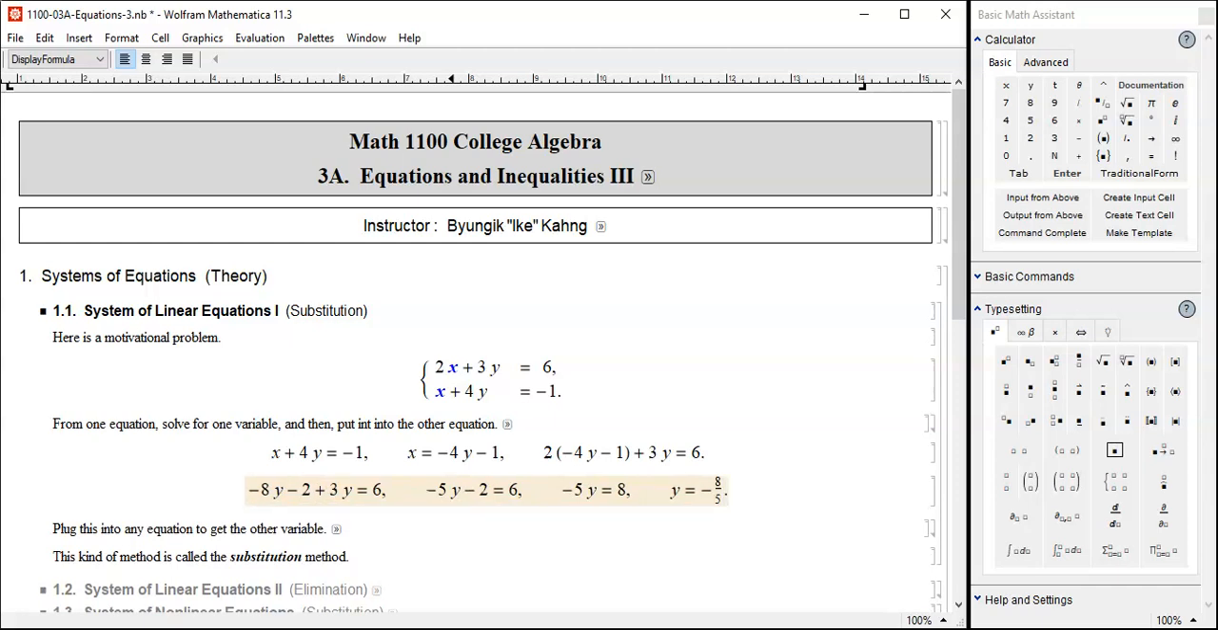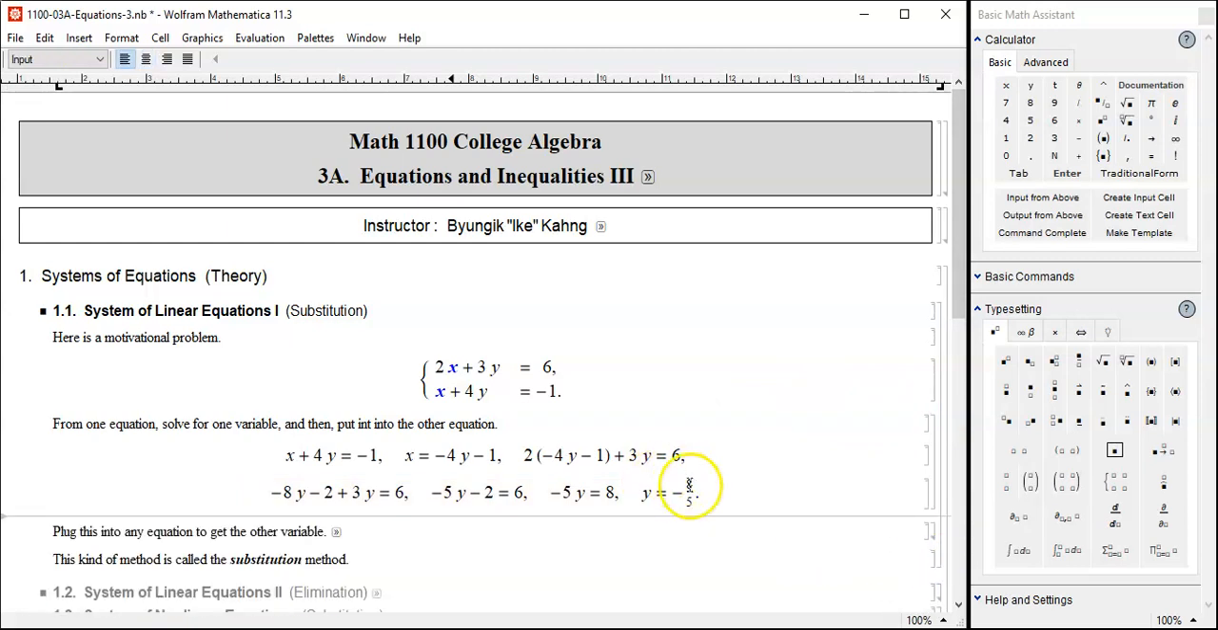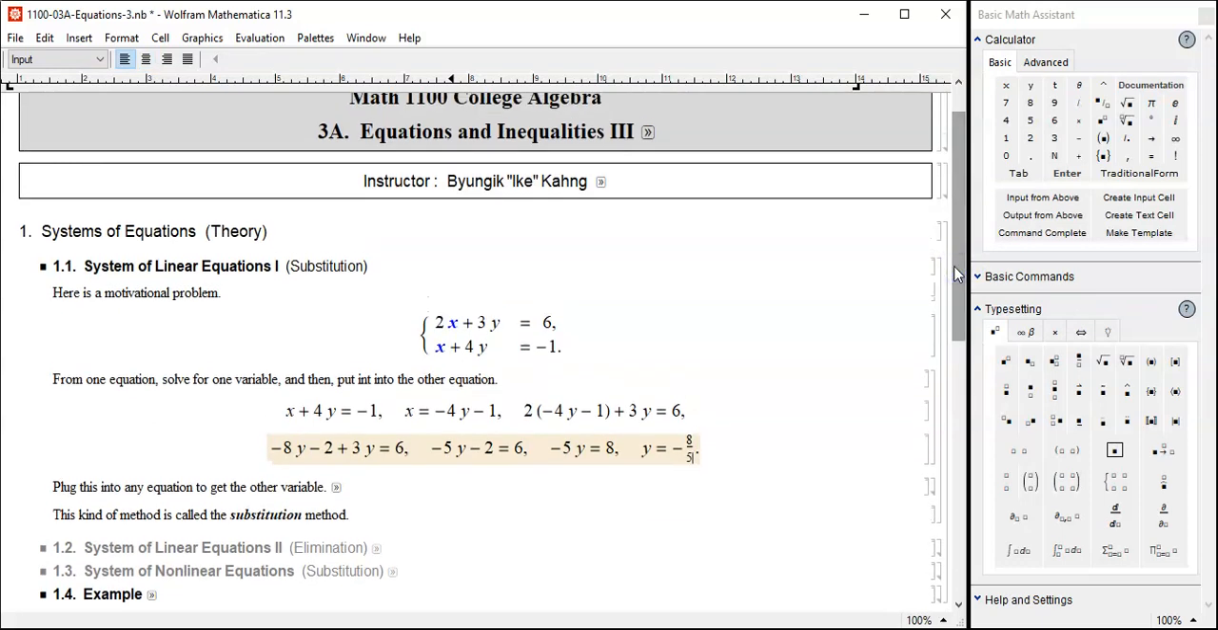I hope my computation is correct. Let's see, please check. As a matter of fact, let's check it this way. Okay, all good. Alright, now that I got y equals -8/5,